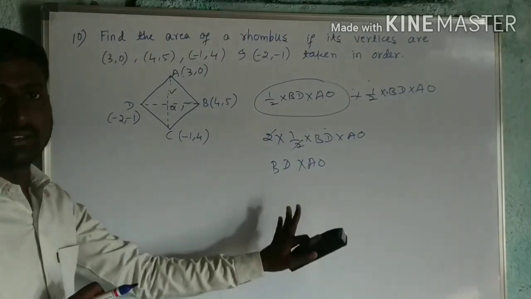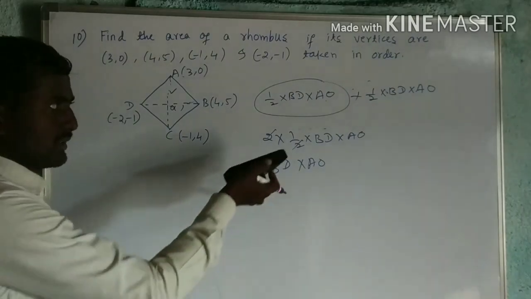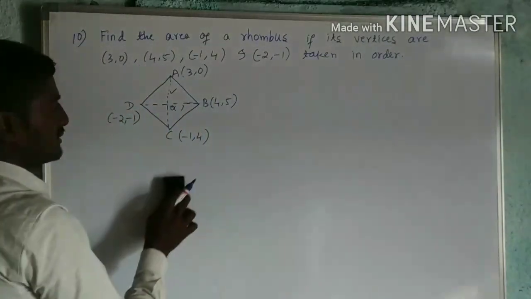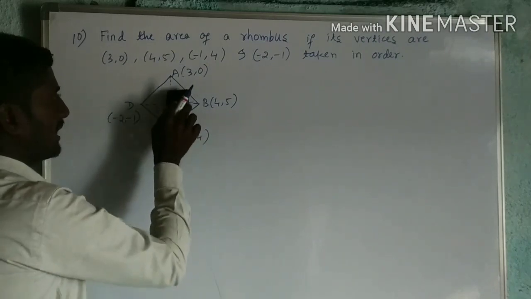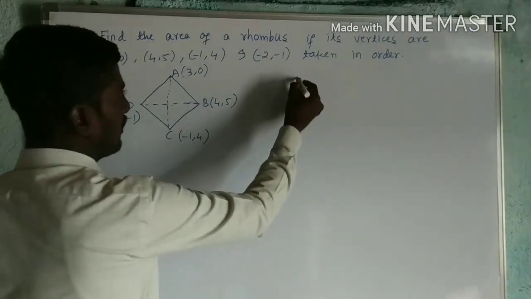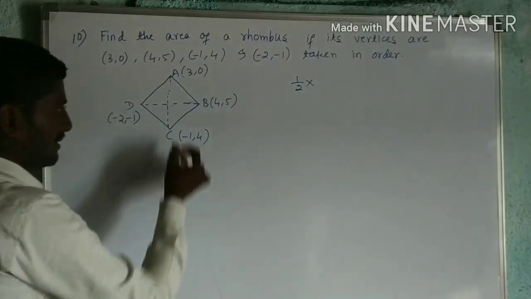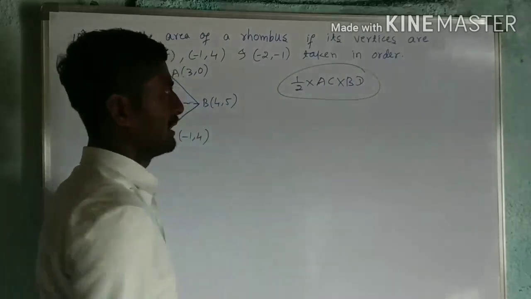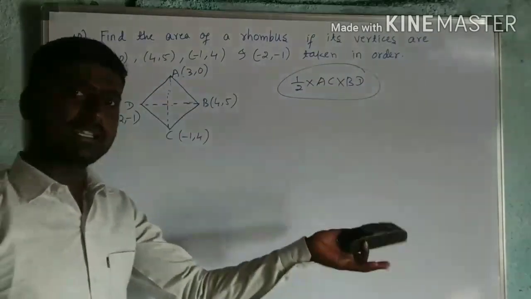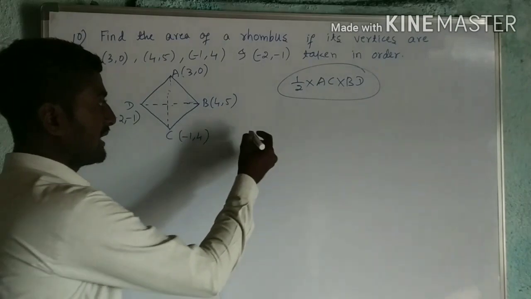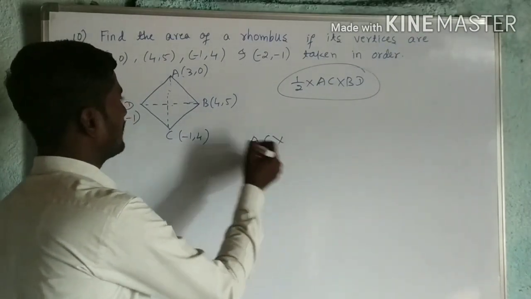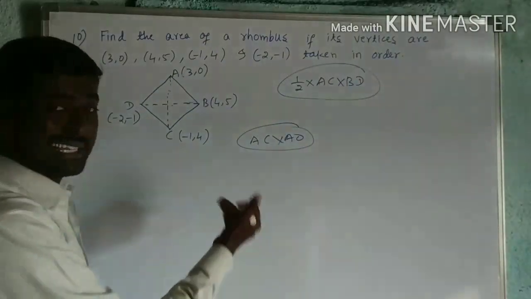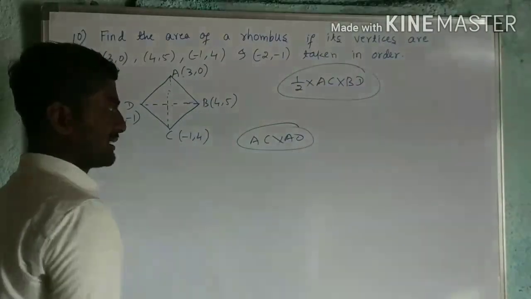So this is one method. Another method is also there. You can try this method, which you will get in an easy way. The formula for that is area of the rhombus is nothing but 1 by 2 into the product of the diagonals, that is AC into BD. Okay, this is another formula. So that method and this method both are the same only. There you are getting AC into AO. Another method, AC into BD, at the end you are getting. So somehow these two are the same.